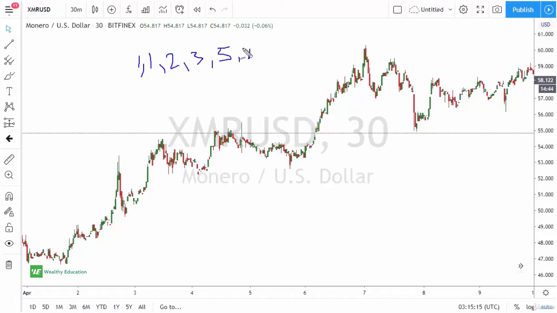You have coinciding numbers where you add the first two, you get the answer to the third one. You add the second and third one, you get the fourth. So it's this plus this equals this, this plus this equals this, this plus this equals this. And without going into deep mathematical conversations, they are all based upon